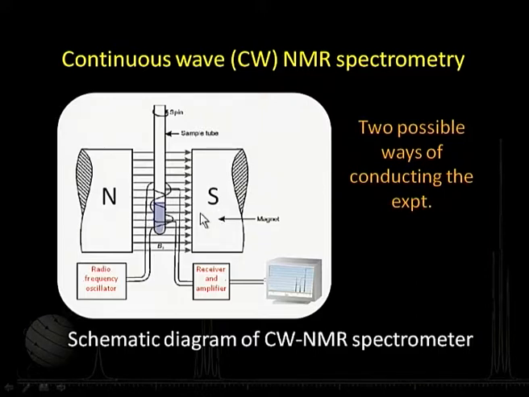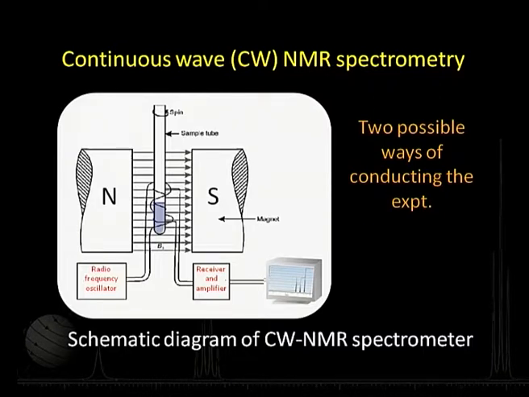On that particular magnetic field, a given nucleus will precess at a certain frequency. Then what we do? We give radio frequency and continuously change that. That means, if I have a molecule of alcohol or benzene or any molecule for that matter, there are different protons there, so they will be precessing at certain frequencies. When I give a radio frequency, because at the given field they are precessing at different frequencies, whichever radio frequency matches, that particular proton will absorb and get excited.